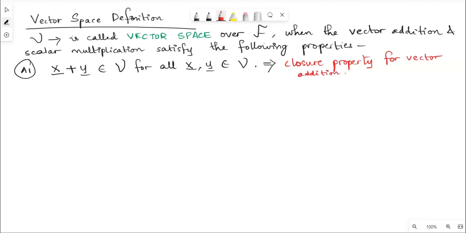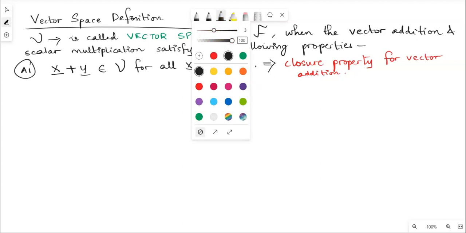Let me repeat. It is given that x is a vector and y is a vector from this vector space V. If we take the addition of these two vectors, the resultant vector will also lie in the same vector space. So this rule is, in other terms, the closure property for vector addition. So now the second one,